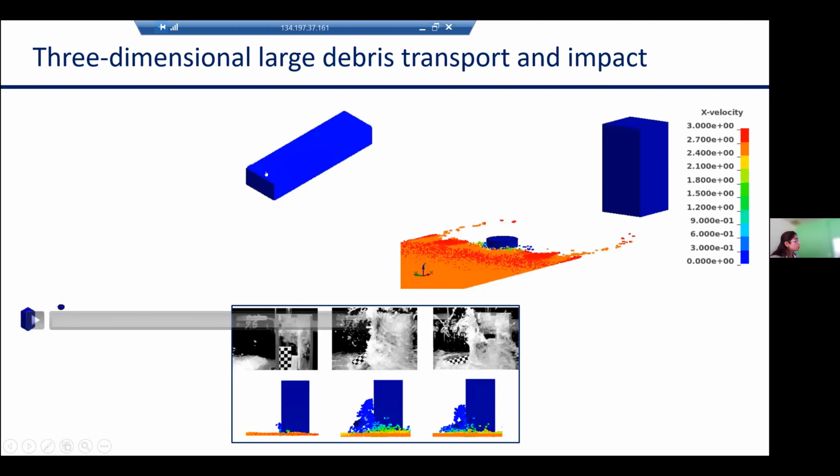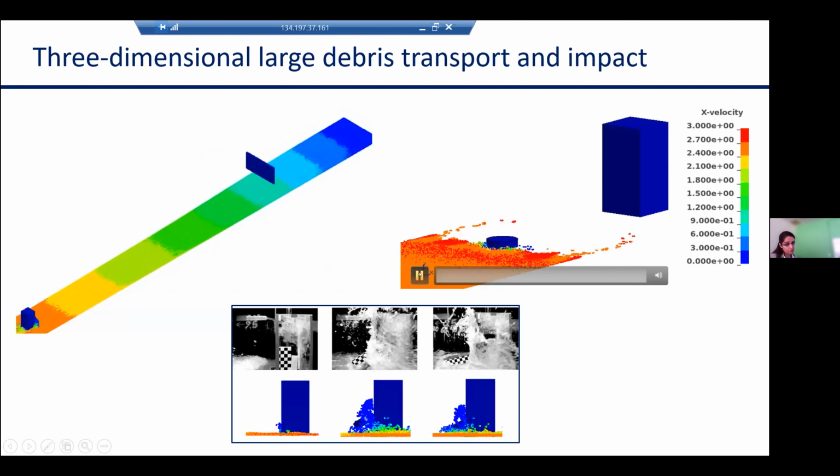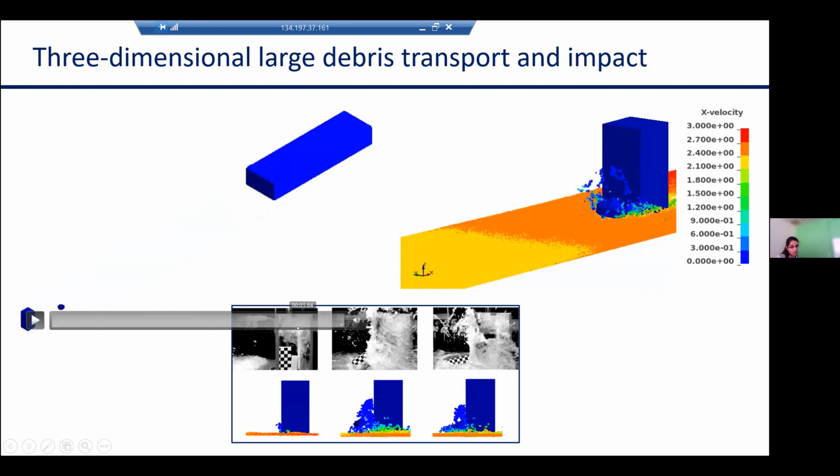Here I want to show you a schematic view of the phenomena. You can see here the propagation of the bore. Here is the gate, which acts as a dam for the water behind the gate. The bore propagates, picks up the debris, and the debris impacts the column. Here is the zoom-in animation of the scenario. You can see that the deck impacts the column.